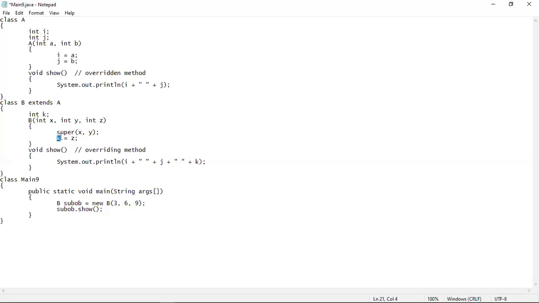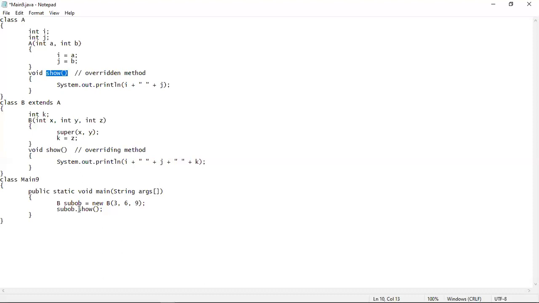into this k. Now, when we call the show method using the subclass object, as the subclass show method has already overridden the superclass show method, whenever you call the show method, only the subclass version of the show method will be accessible. The superclass version of the show method will be hidden and it cannot be accessed using the subclass object.